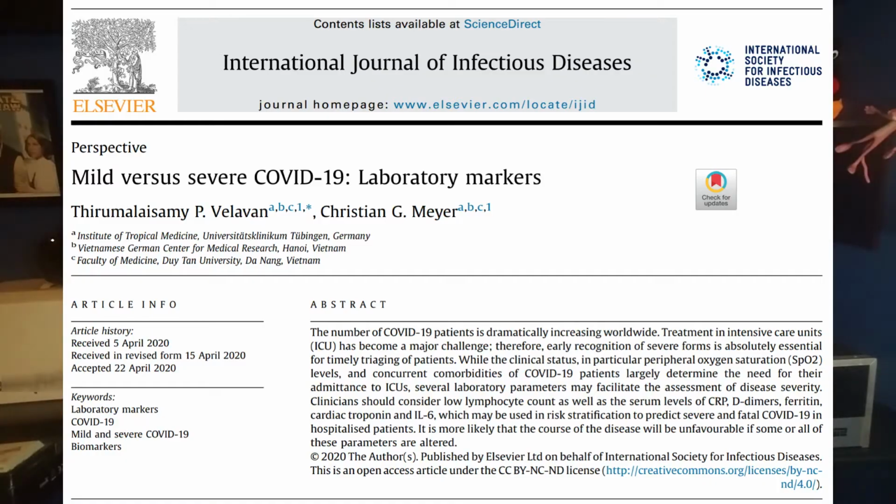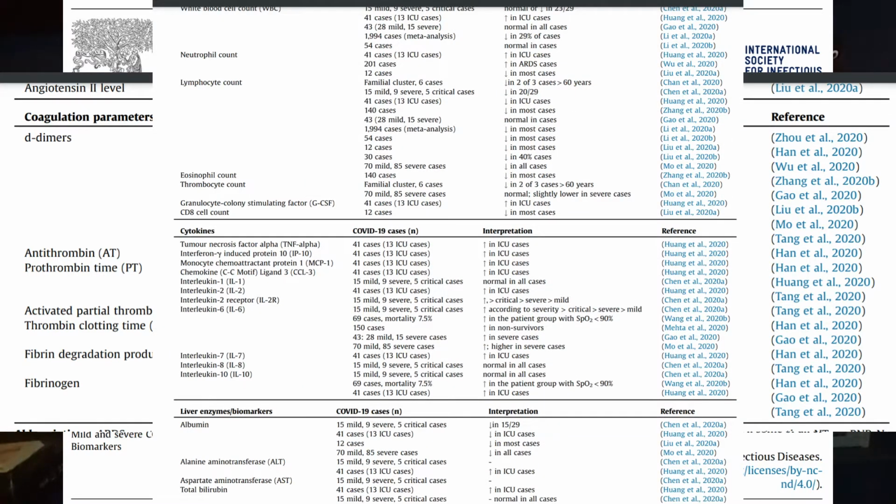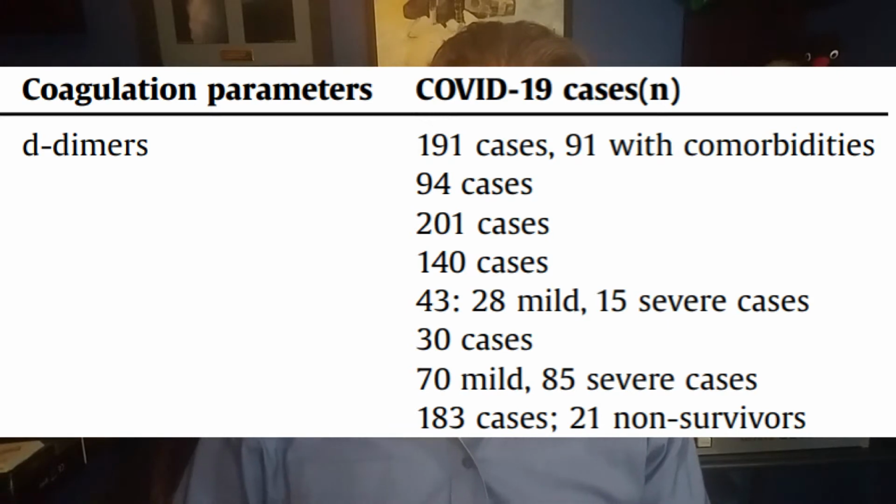Now, according to the International Journal of Infectious Diseases, over a couple-month period of time, thousands of people were given 200 blood tests when they entered the hospital. And they worked backwards through the symptoms to determine what those 5 blood tests are. Talk about a clinical medical journal. One of the symptoms was